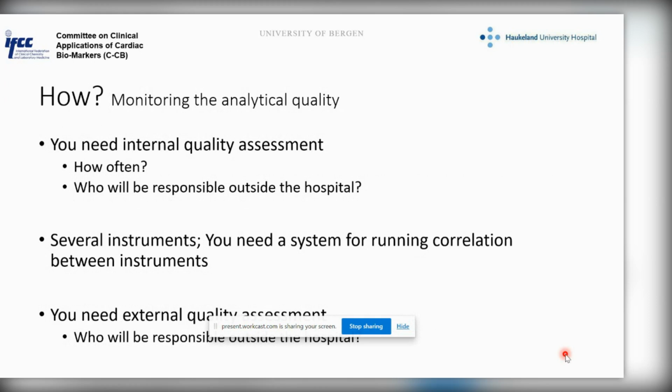So you also need the usual things for analytical quality, internal quality assessment. How often should we do it? Well, the manufacturers maybe say once a month. The quality assurance organizations here in Scandinavia who take care of point of care typically say once a week. And my advice would be to start often and go down if you see that you don't need to do it